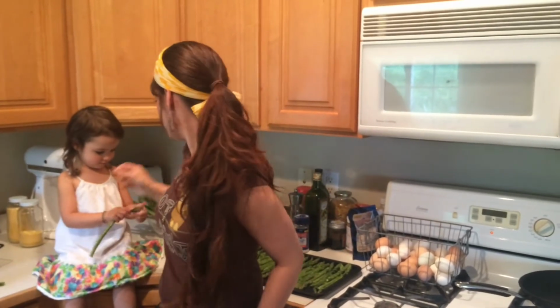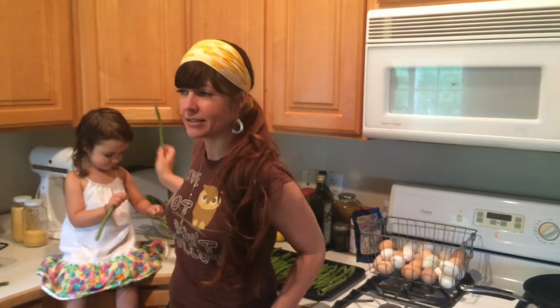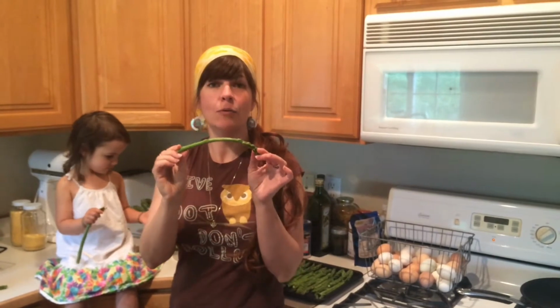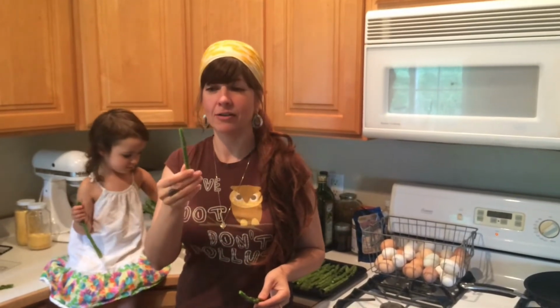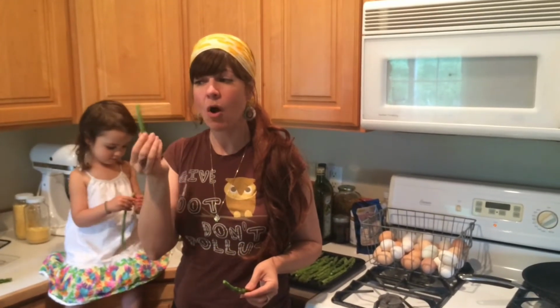I know that a lot of people tell you to take the asparagus and bend it like this, and it will break wherever the tough part is. But what I find is that you're left with a lot of really good asparagus still left, and you can eat this stuff. That's totally tender. It's still great. So what I do